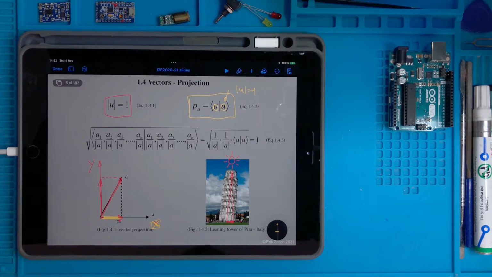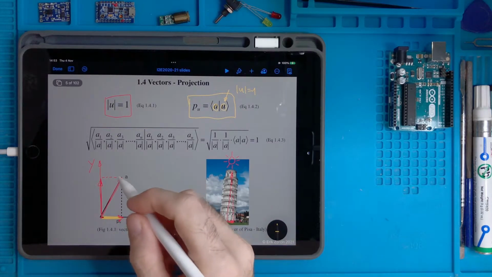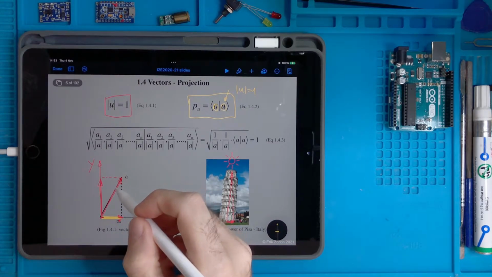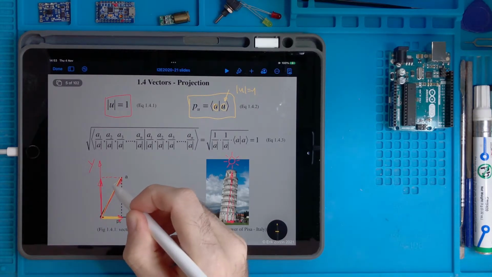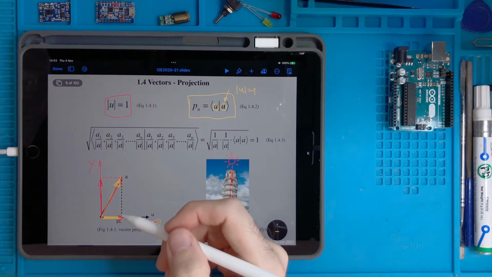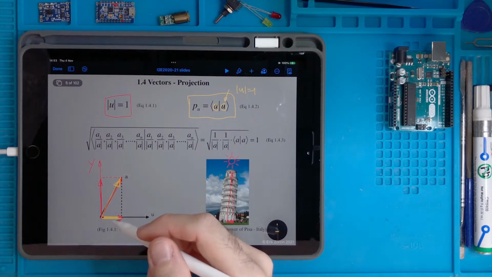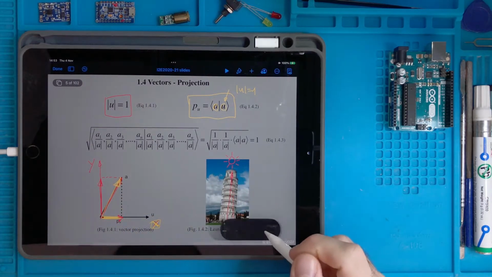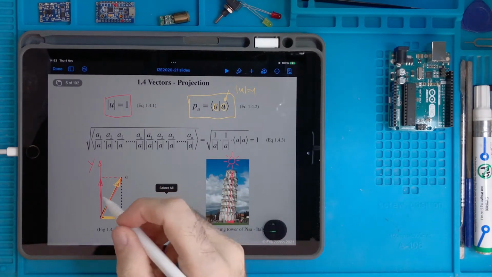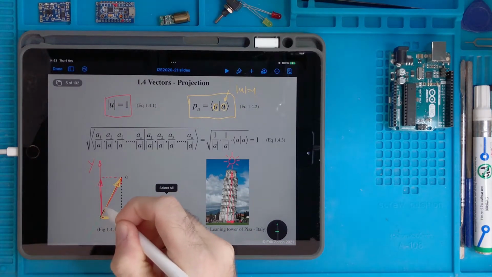Another important thing to keep in mind is the concept of normalization. So what does this mean? It means that sometimes we want to have a vector. Again, let's take advantage of this drawing. So the vector A, this one, and sometimes what we want to have is a vector having the same direction as this one. So now I draw the direction as a straight line.